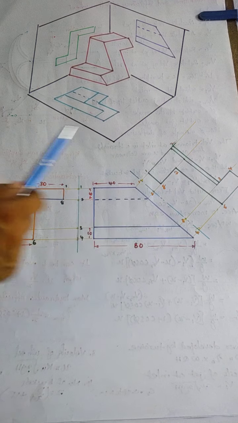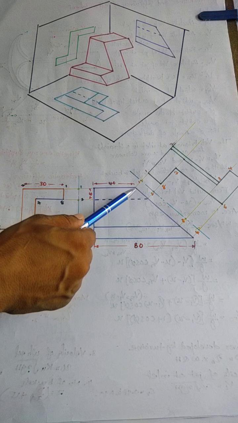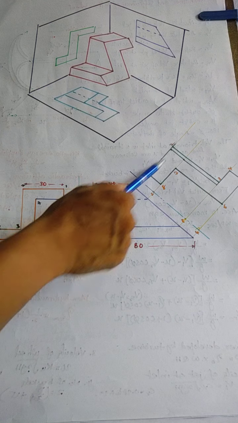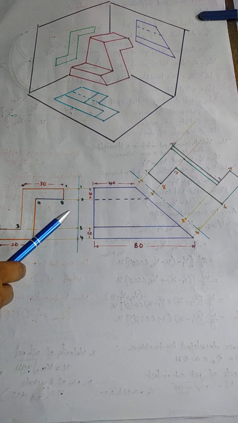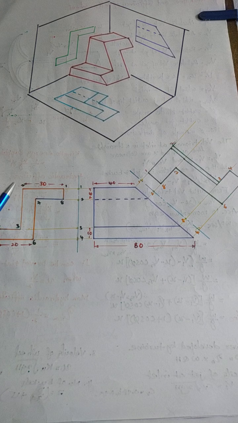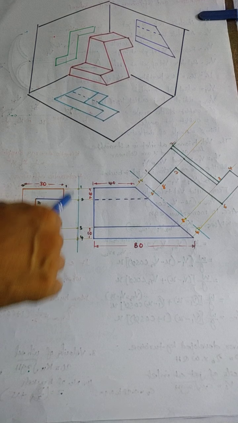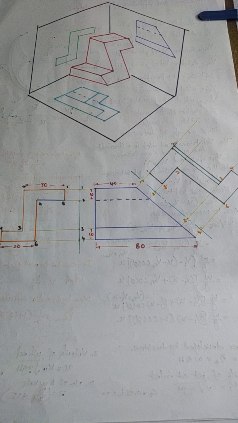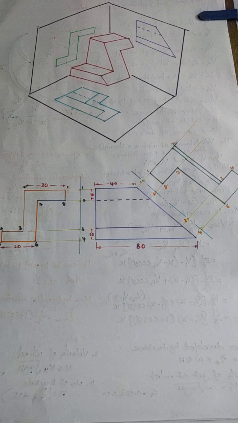So identify the reference points, and from those reference points just draw 90 degree perpendicular lines to the axis line. And then come to measure the values of this section. To measure that value, just take one of the reference lines, that is the xy axis line, and from these reference points measure the values of this side view diagram. Before that, give the numbering to the corners of the object.